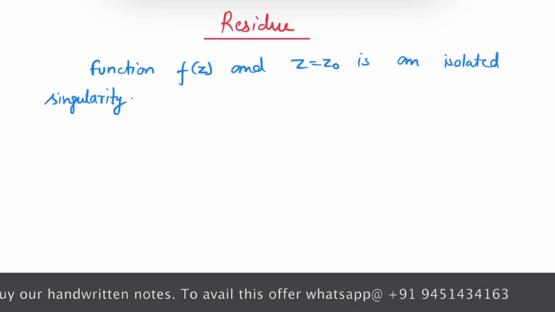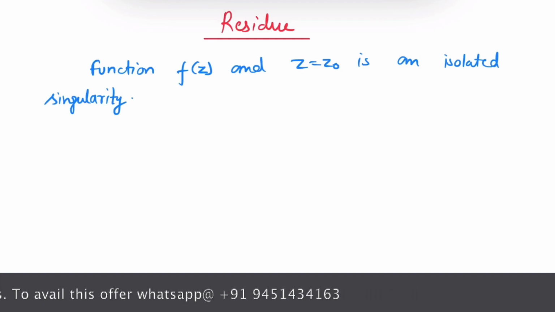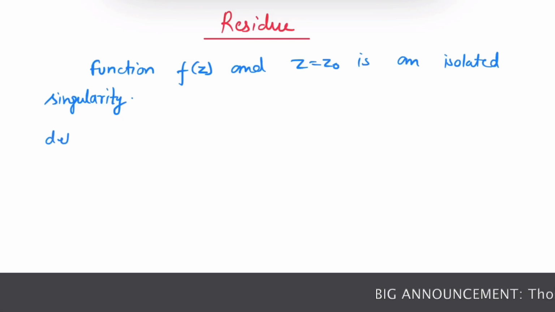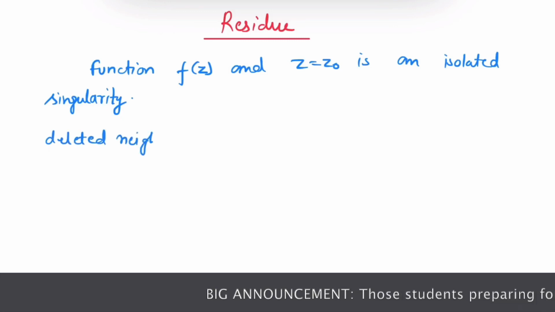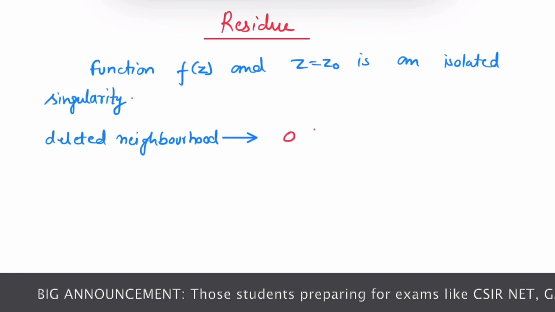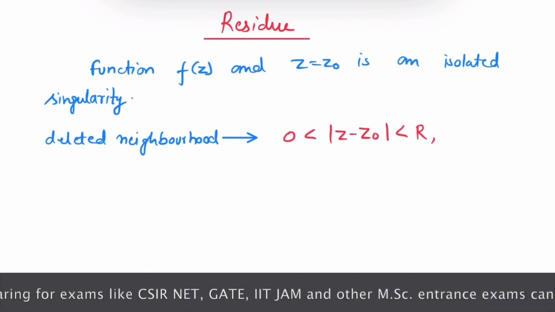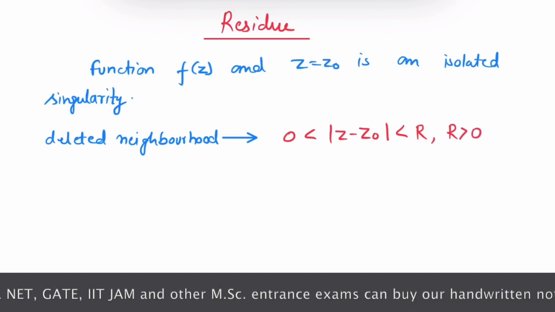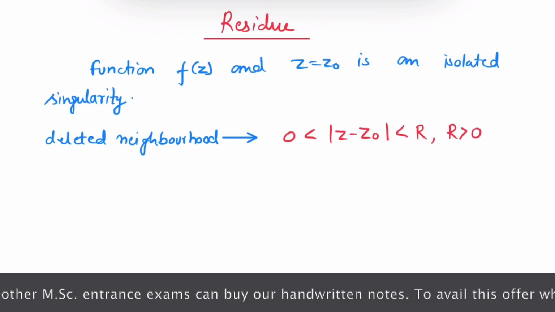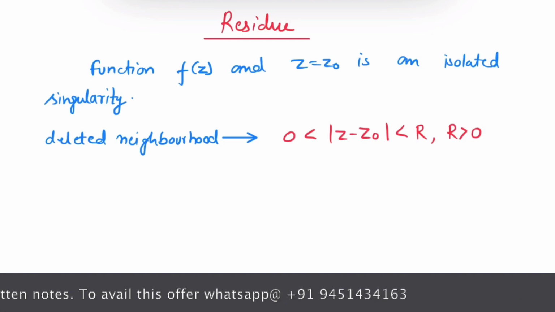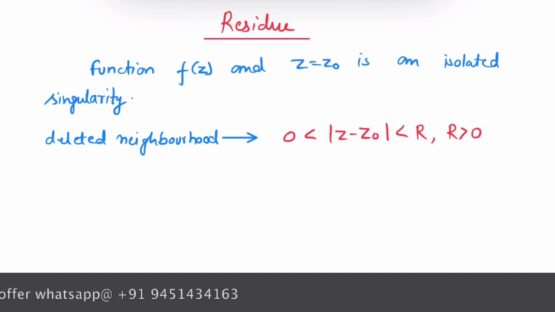Since z naught is an isolated singularity, there exists a deleted neighborhood of z naught in which the function is analytic at each point. Let me write the neighborhood. So we have a deleted neighborhood, modulus of z minus z naught less than r, and r is some positive number. Since the function is analytic in this neighborhood, we can write the Laurent expansion of the function f of z